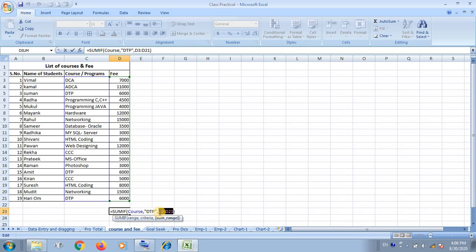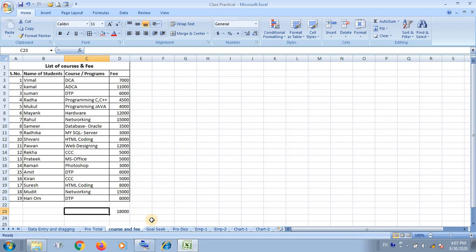Now I can write in place of this, fee, and we press enter, then we will see here no problem. Here in place of the cell range I have written the name of this particular fee range that I have defined by the name box.